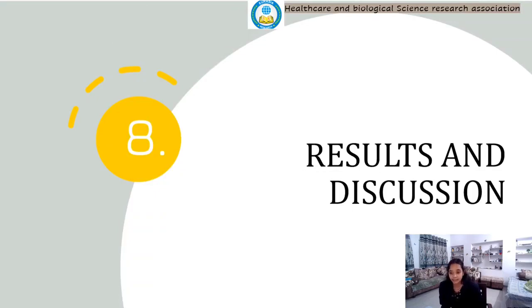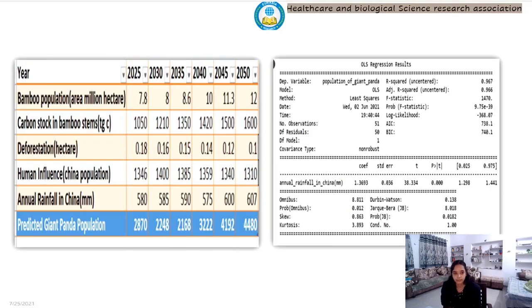Results and discussions. Our goal of this work was to predict the next 30 years of Xian panda population by using the trend model. On the basis of independent parameters, values gathered from different research papers from various journals, we predict the population count of